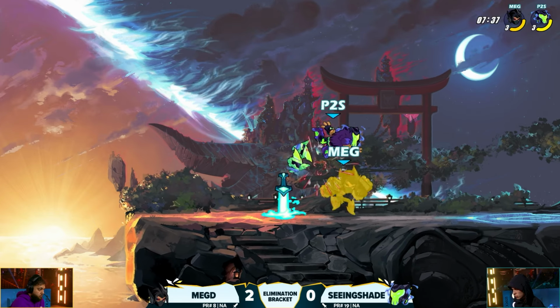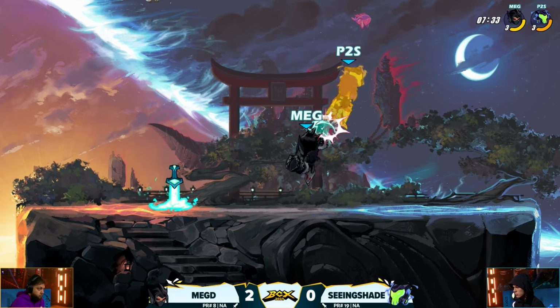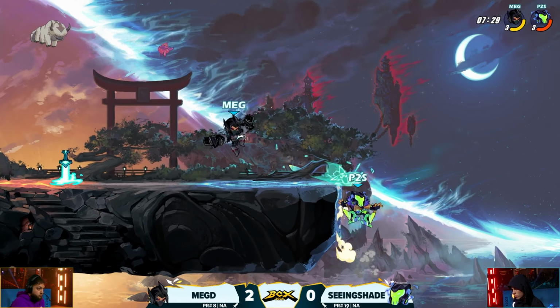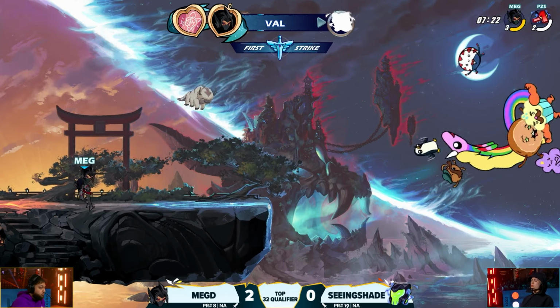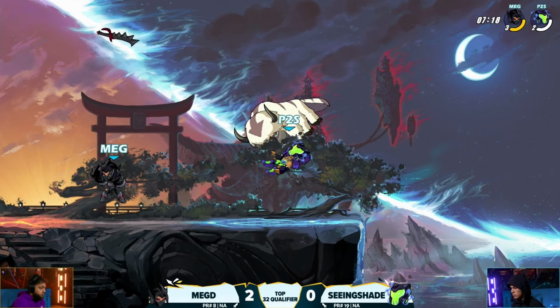Finds his way back up on stage. Who's going to swap the weapon? No, he decides to stay on the boots. Neutral light's going to get whiffed from a mile away. MegD down sig into recovery, into Sayer. Ooh, we almost got that down signature in there again. That would have been disastrous for Seeing Shade. Woo! Okay. He's able to find the side signature though to get that first strike, and just like that, MegD,